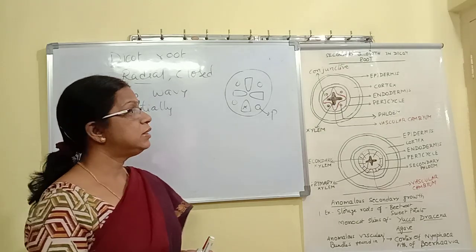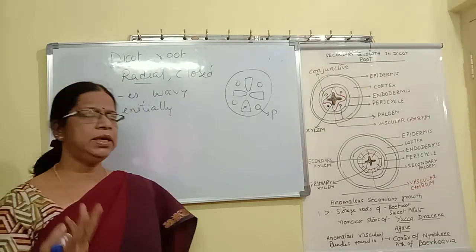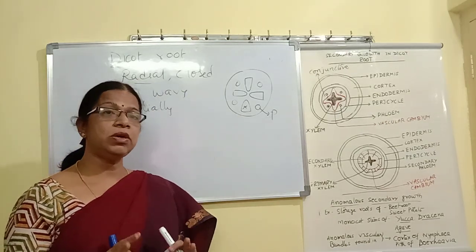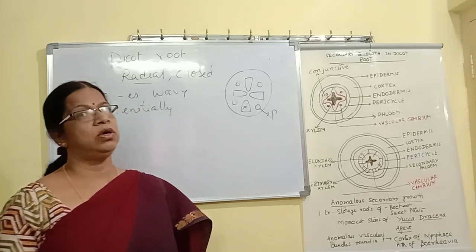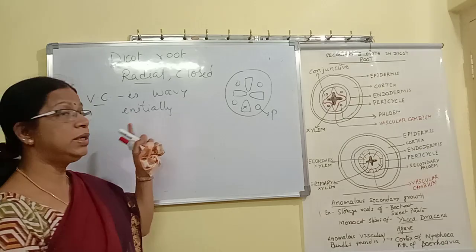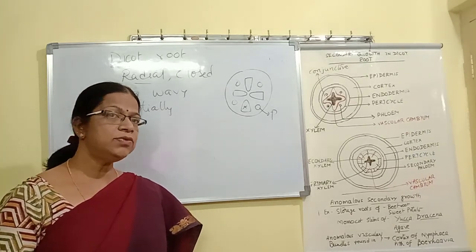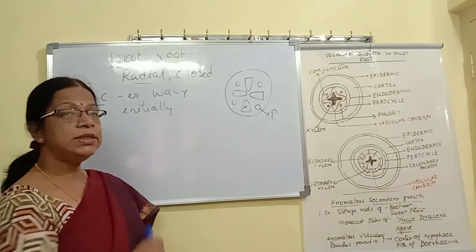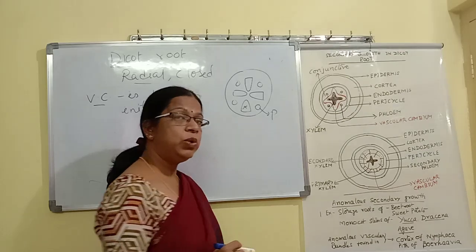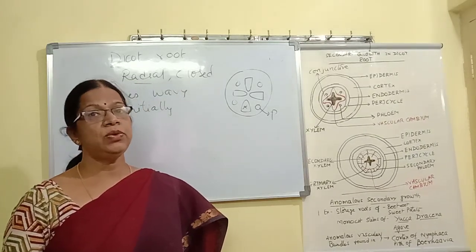In a NEET exam or any other objective exam, the question is, first of all, what is the origin of vascular cambium in dicot root? The origin of vascular cambium will be completely secondary. Then why is it wavy? It is formed from pericycle and also from the tissue present between xylem and phloem, which is called conjunctive tissue. That's why it is wavy.